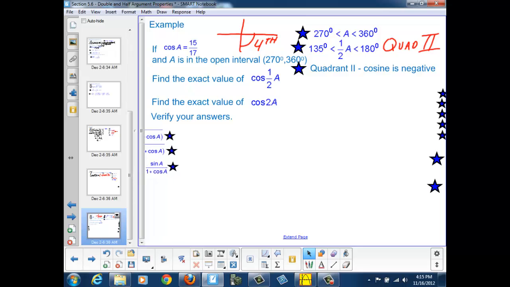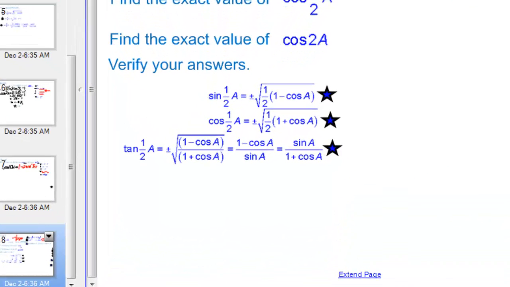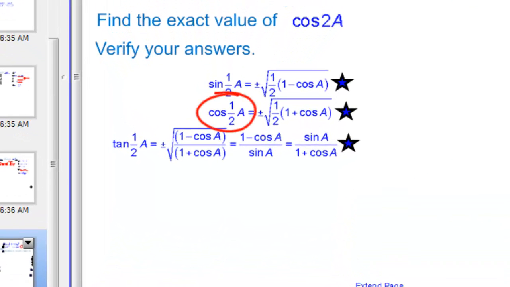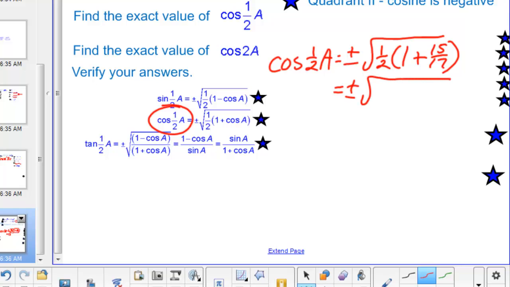Now let's pull out our half-angle arguments. We're trying to solve for the cosine of 1/2 a, right here. So we're going to use the formula, and that will tell us that the cosine of 1/2 a in this case is plus or minus the square root of 1/2 times 1 plus the cosine of a, where the cosine of a is 15/17, which we can simplify to plus or minus the square root of 1/2